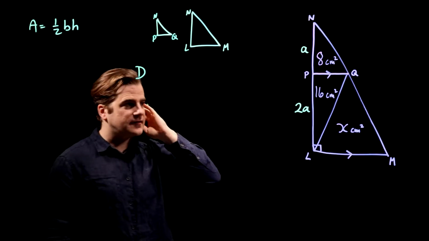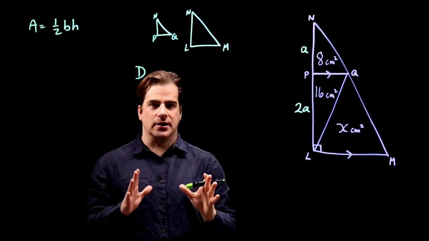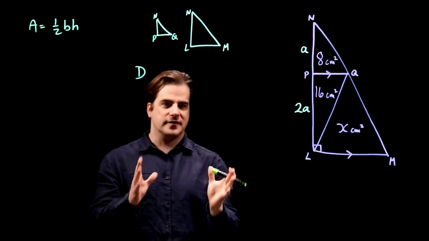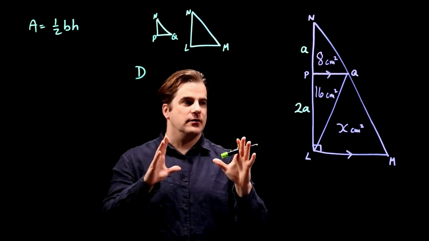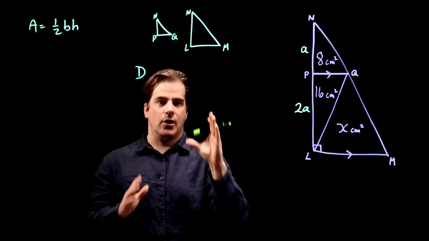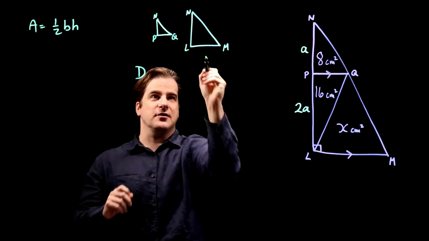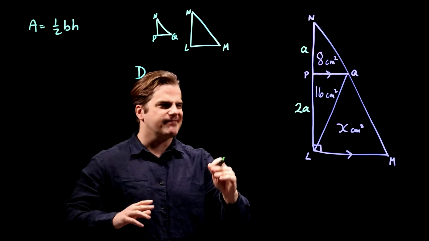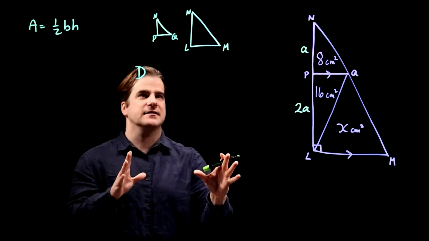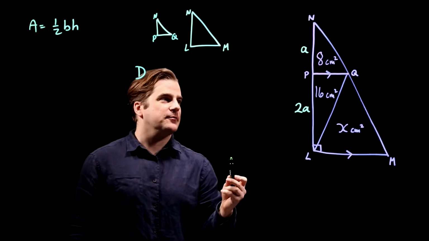D is just a one-dimensional quantity which shows you the ratio of the one-dimensional quantity of these two to each other. That didn't sound brilliant. What I mean is that